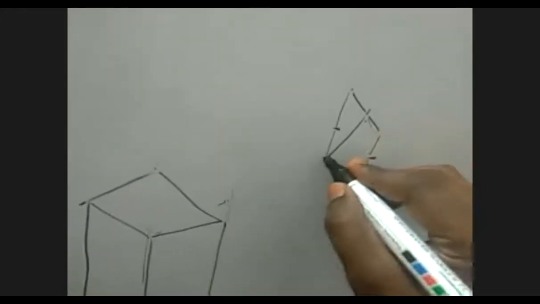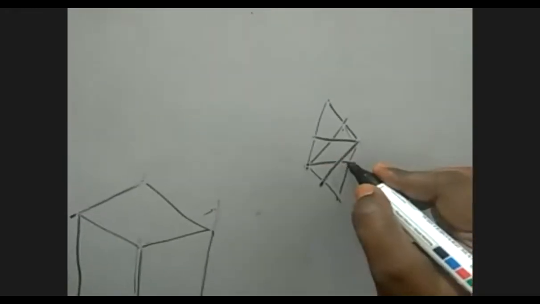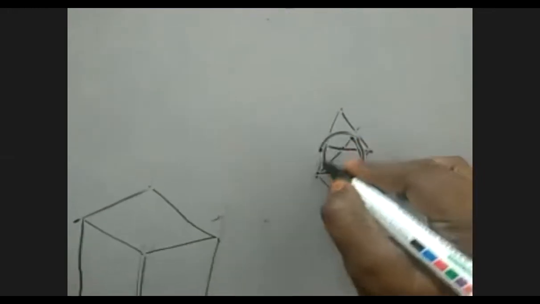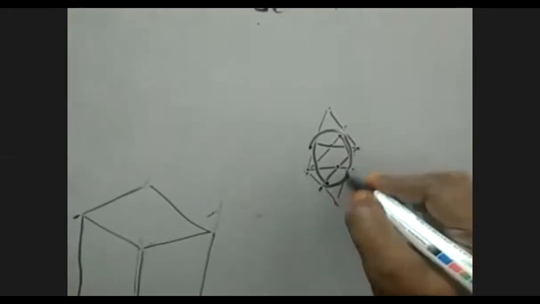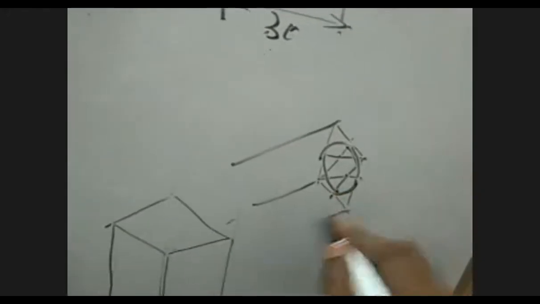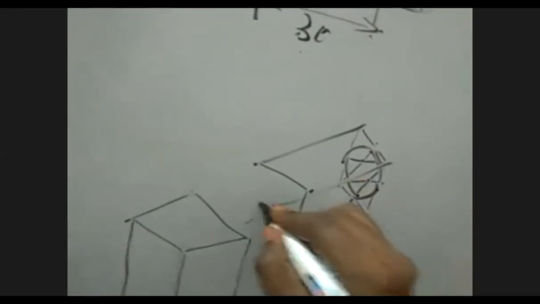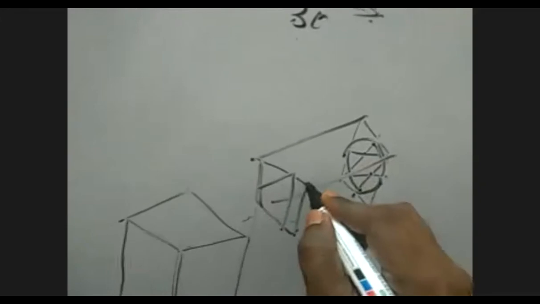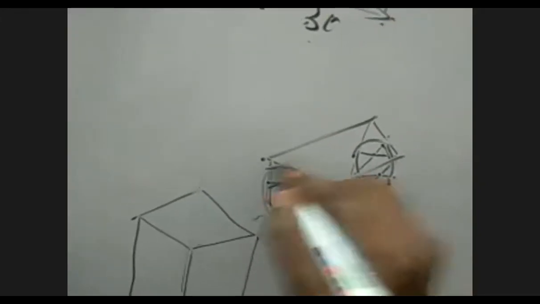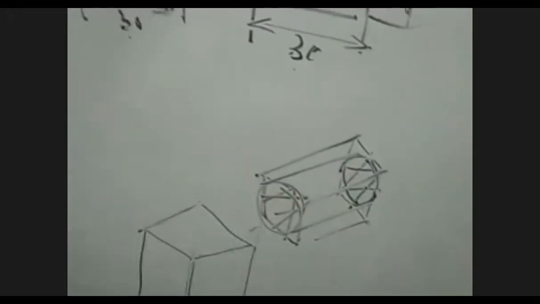V-shaped line. 1, 2, 1, 2. Column number 1 has a center. This is a radius arc. Crossover line, center radius arc. Crossover line, center radius arc. Okay. Axis length 60. So from each and every corner take 60. Here also you will get the same box and repeat the same procedure. Okay. The same ellipse you are going to get, then connect it. So this is how you are going to draw a cylinder here.